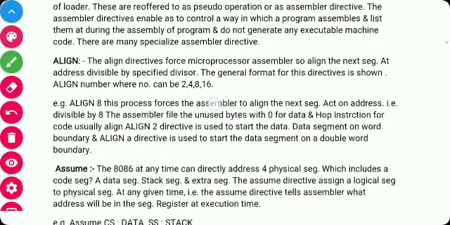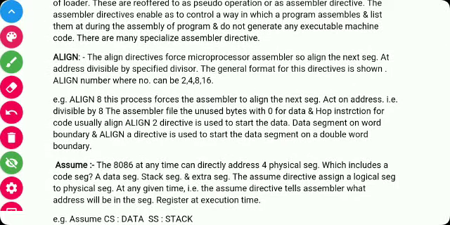First is the ALIGN assembler directive. This directive forces the assembler to align the next segment to an address which is divisible by the specified divisor. For example, ALIGN 8 forces the assembler to align the next segment to an address divisible by 8.